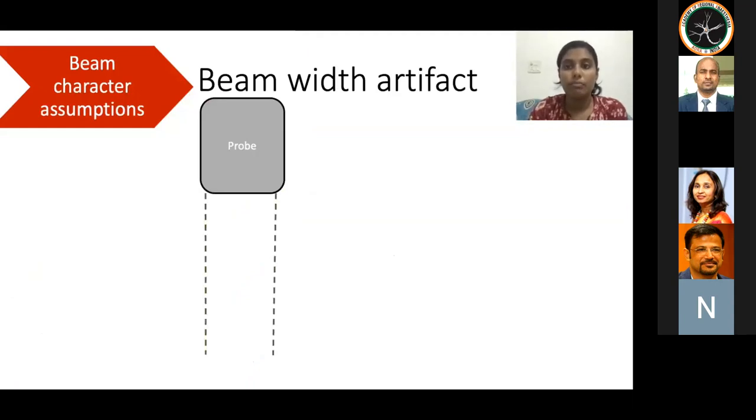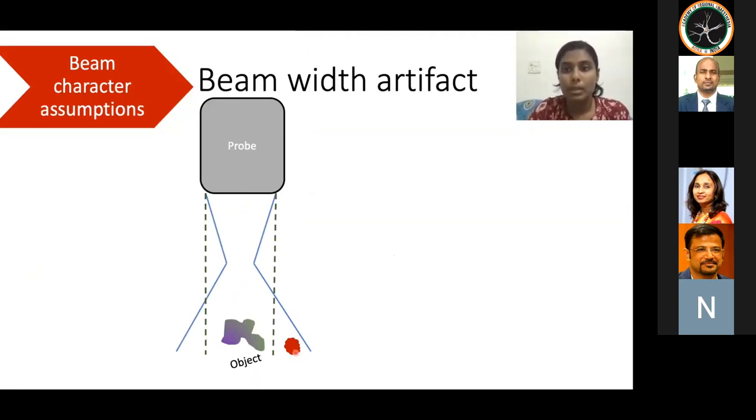If you remember, the ultrasound beam width is assumed to be the transducer width, but the main beam initially converges to a focal zone and from there it diverges so that the beam may cross the assumed beam width. Imagine a target structure deeper to the focal zone that's in the center of the main beam. And now imagine a second object in the periphery of the main beam that lies outside the beam width.